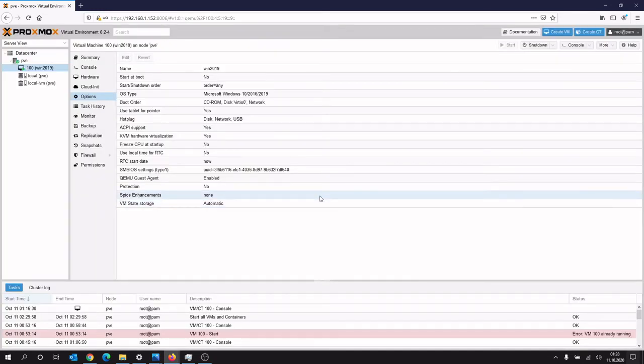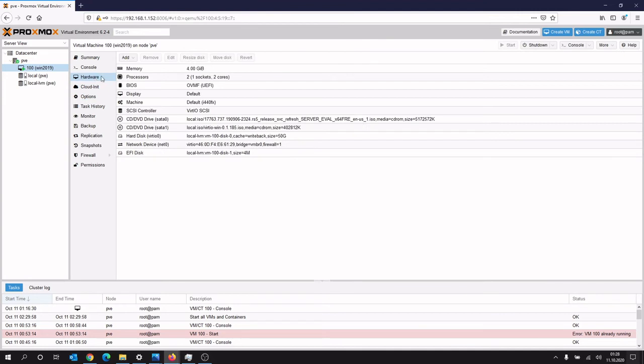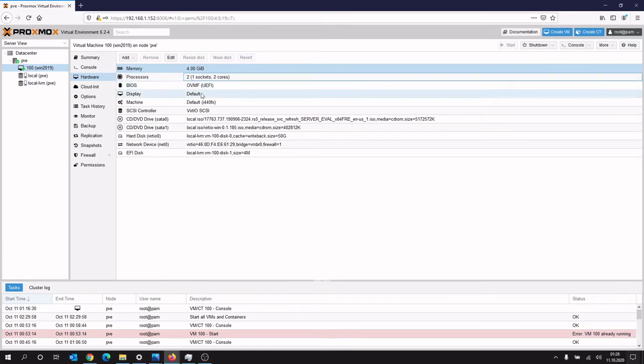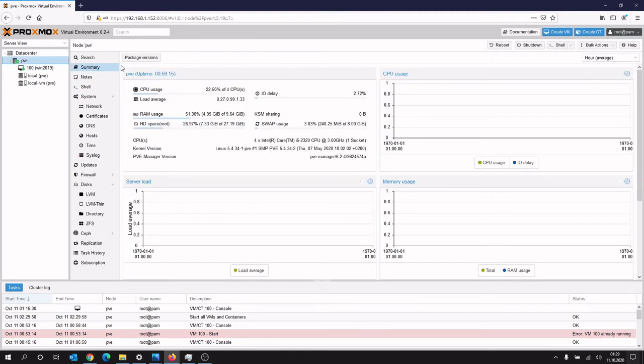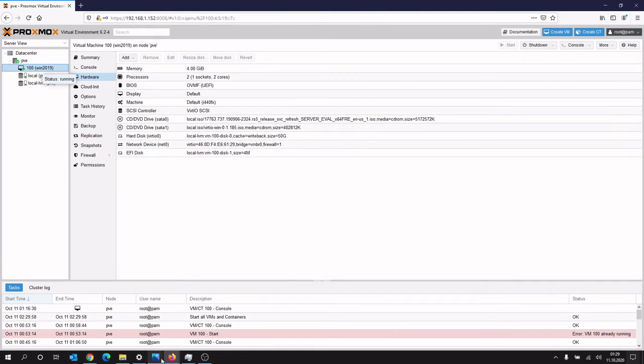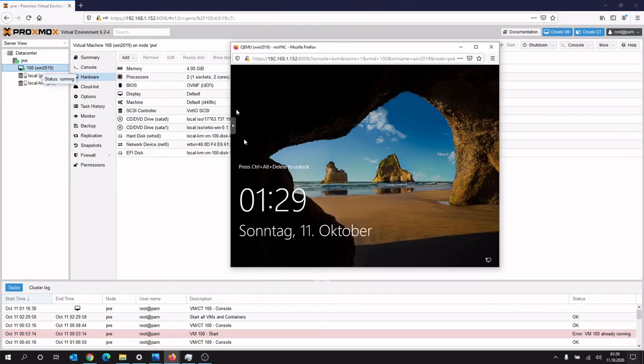Now, I have already installed a virtual machine, as you can see. Let's take a look at the specifications. As you can see, it has 4 gigs of RAM, 2 cores, and a hard drive of 50 gigs. Host is the same, as you can see. It's the same processor with the same amount of memory. Yeah, now let's take a look at the virtual machine. It's already running, yeah. Let's log in